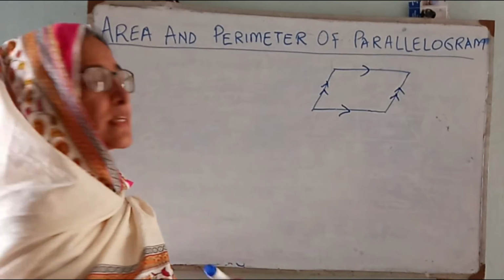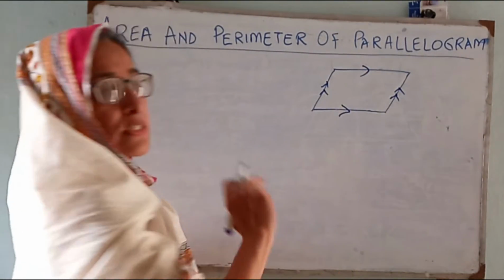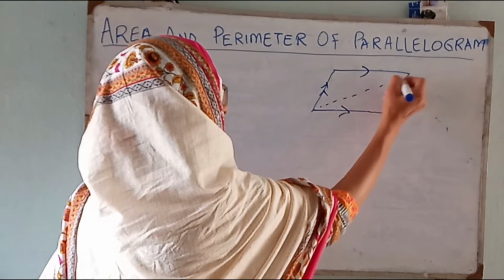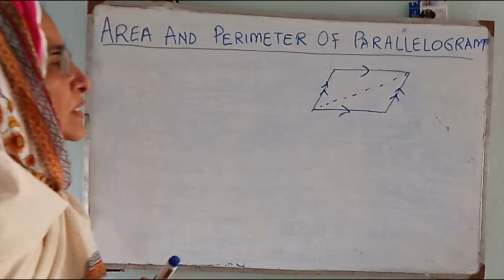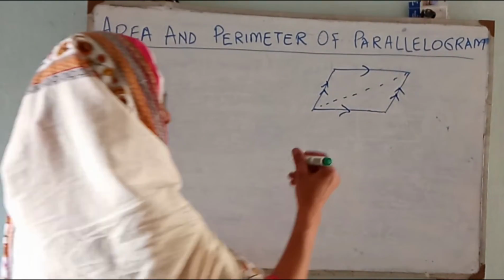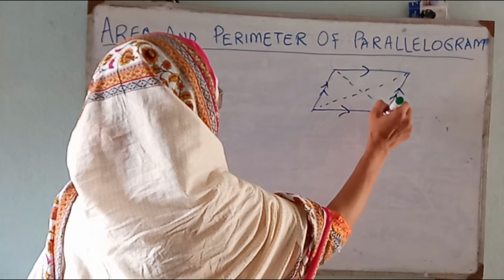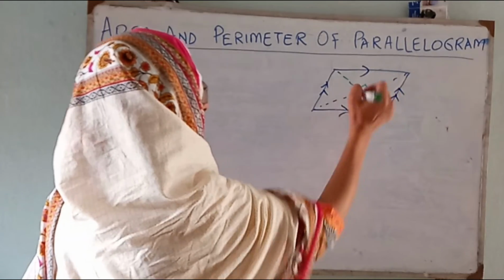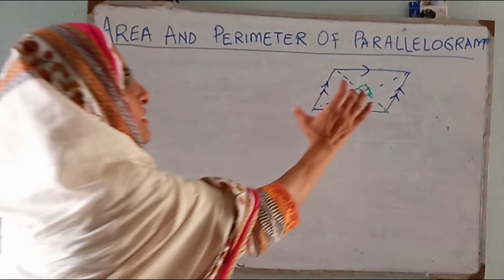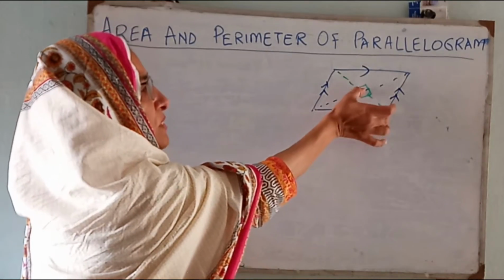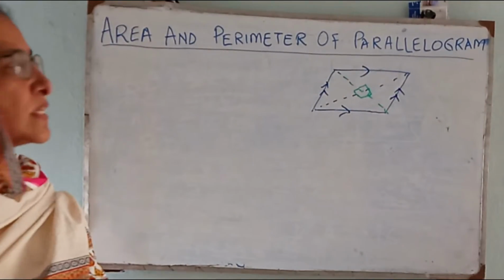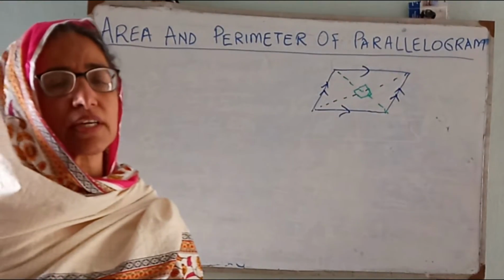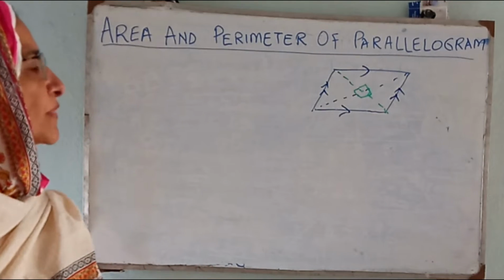And the diagonal. The diagonal means when I join this point with this point, that is a diagonal. So the diagonals cut each other. This is another diagonal. They are cutting each other at a 90-degree angle, right? And the distance of these diagonals will be equal. This much distance will be equal to this much distance. So when the diagonals cut each other at a 90-degree angle, the distance is the same.